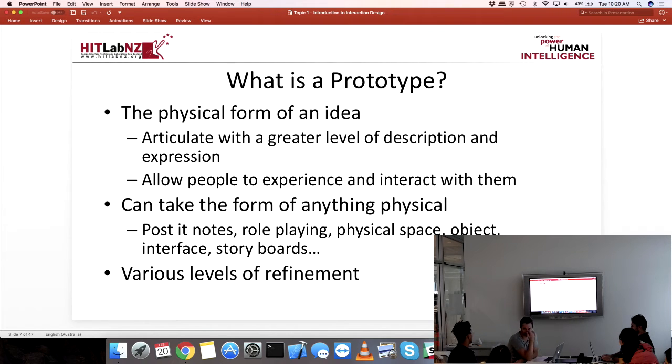But post-it notes are good because they're very quick, easy to get ideas out on. You can stick them to anything. You can take them down if you change your mind. You can change stuff. You can draw lines between them, all that sort of stuff to try and basically feel out an idea. Role playing is another good one,